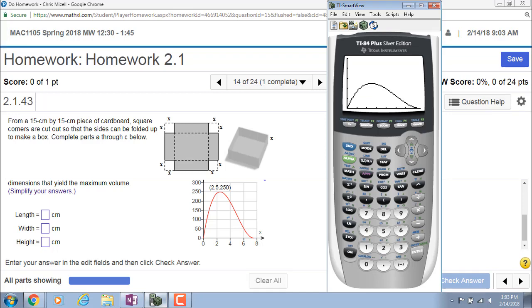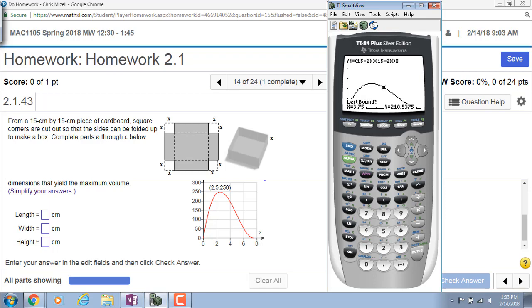So we've drawn the picture. X represents the height. It's how long the cutout is. That's how wide each of these flaps is. So x is the height. So let's see what the value of x is. Second calc